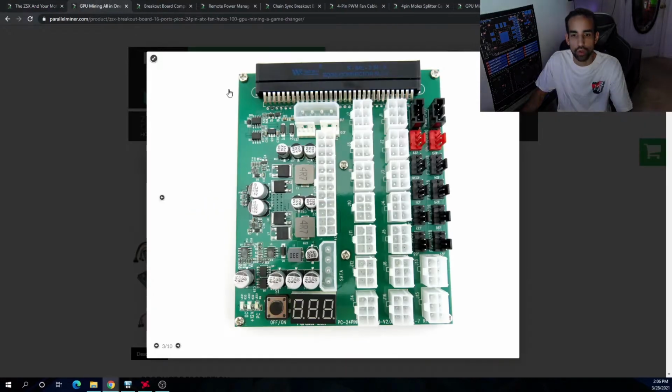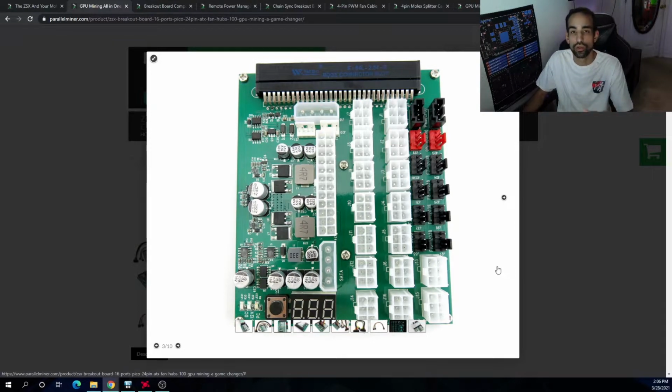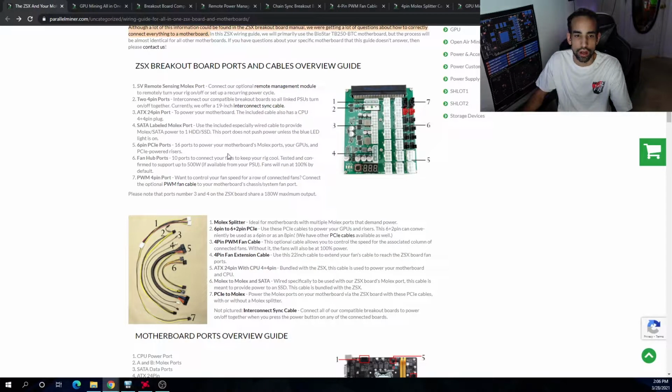Then we have the cream of the crop. 16 6-pin connections for your GPUs and risers. And this is great because most breakout boards, especially the one that I have, only have 12. So this gives us plenty of room to power all of our risers and GPUs. And then, of course, towards the far right, we got our 10